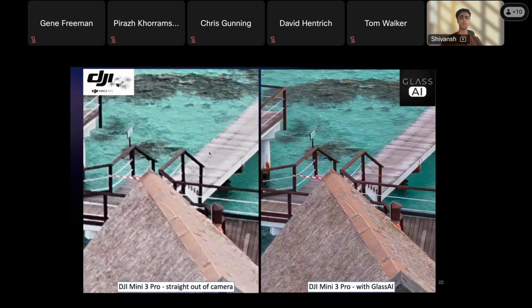Our understanding there was, it's probably because the camera teams at these drone companies are not as big as what you would find in a smartphone company. Thus, it is quite interesting to at least estimate that maybe these drone companies are still using the quite classical and traditional ISP approach, and are probably using these images for some other downstream tasks. Hence, the image quality delta here is even significant.